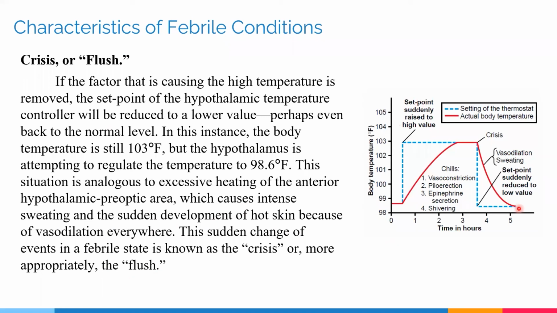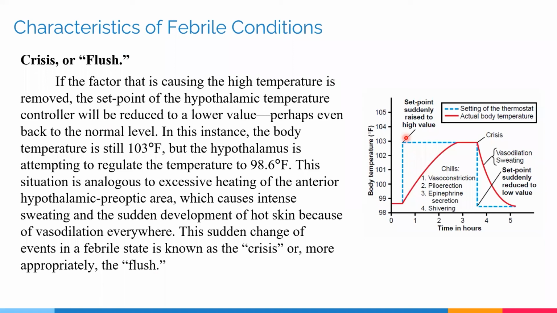Thus, this plot essentially shows us the entire process of the febrile conditions. First, the pyrogens or the various toxins that are present increase the hypothalamic set point to a higher level. The various temperature regulating mechanisms feel that the temperature of the body has dropped, and thus they have to increase the temperature back to the set point of the hypothalamus. This causes various heat producing mechanisms to come into play, which include shivering, chemical heat generation, and